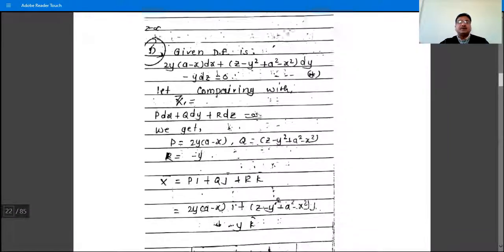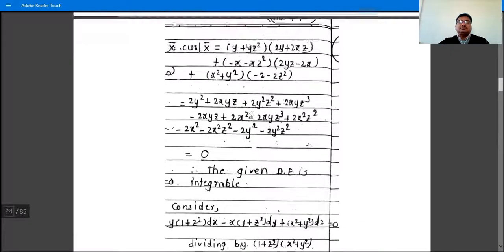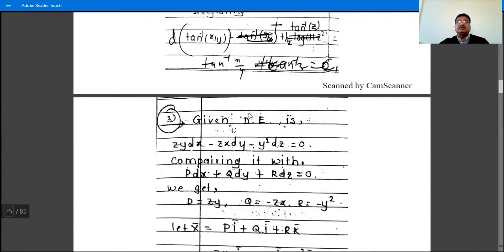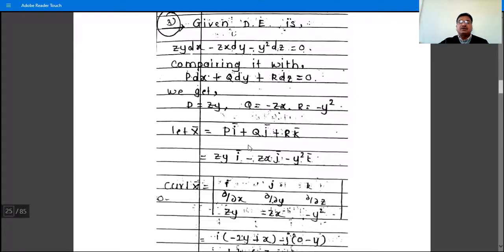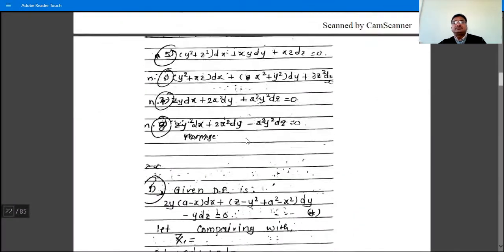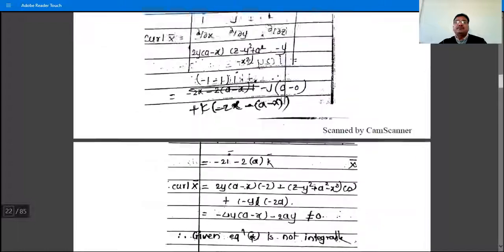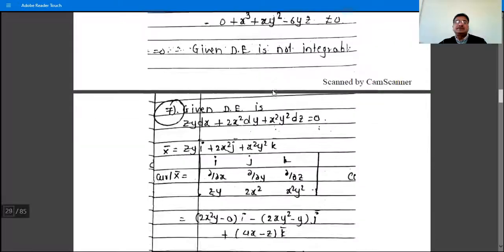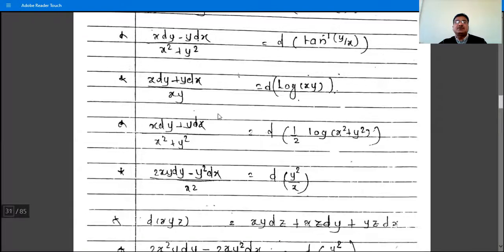So I think answers of some problems are also given here, but there are some mistakes in these answers, so solve independently and then check whether your answer and this answer match. So these 8 problems are for homework. And we will discuss these homework problems in the next lecture. So first solve the problems.